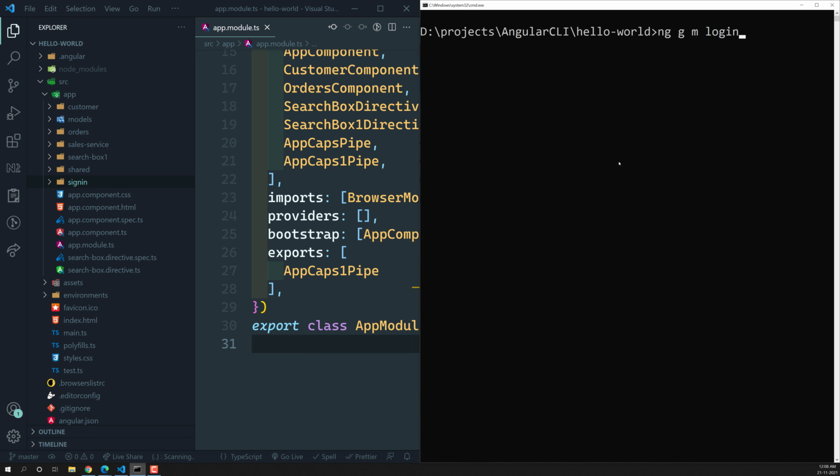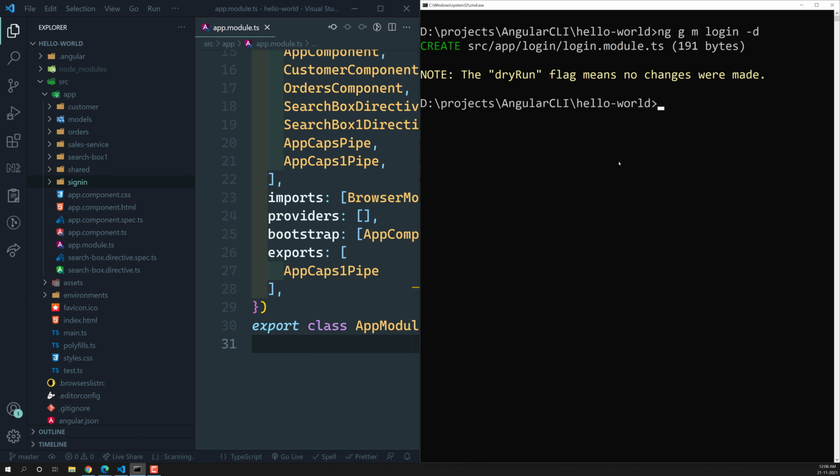Now I want to check what files are going to be created. Before creating, we need to check what the files are, right? So we can use the -d option, which is nothing but dry run. Now if I press enter, let's see what files are going to be created. The dry run is very useful because before creating the files, if you want to cross-check what files the command is going to create, the dry run will be very useful.